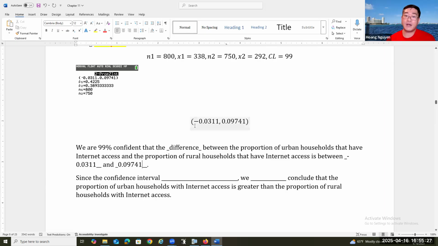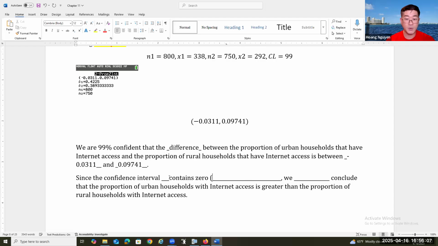Okay. Now, you might use this confidence interval to get the conclusion of the hypothesis for the two-tailed test. If you take a look at this confidence interval, the lower bound is a negative number and the upper bound is a positive number. Which means that this interval has a 0. This confidence interval contains a 0, because when you go from a negative number to a positive number, you have to pass 0. That's what I mean by the confidence interval containing 0. So since the confidence interval contains the number 0,